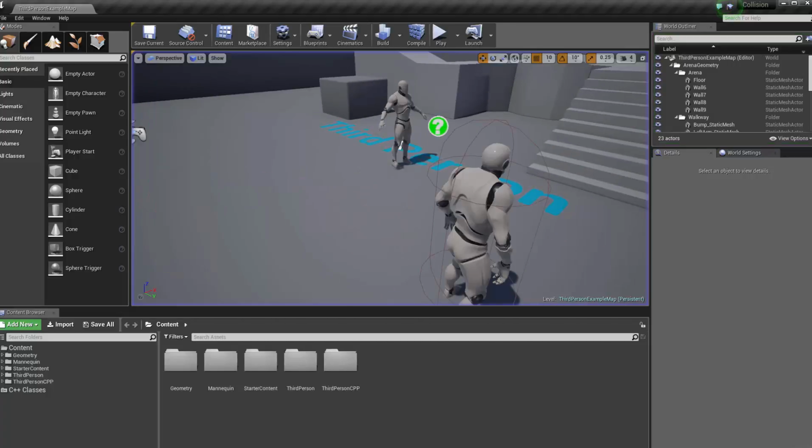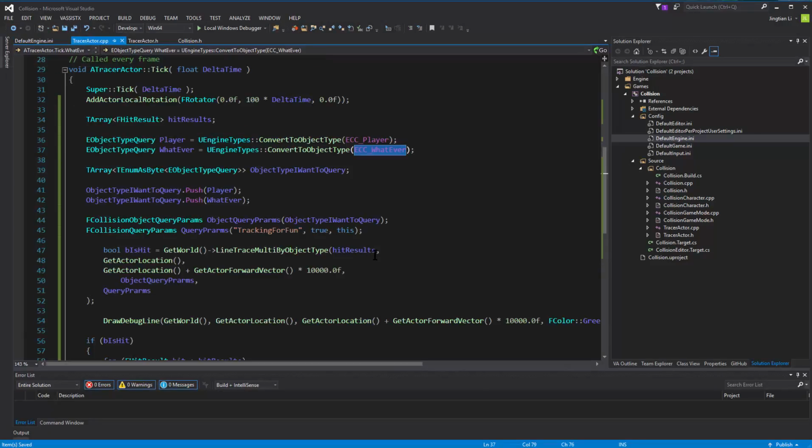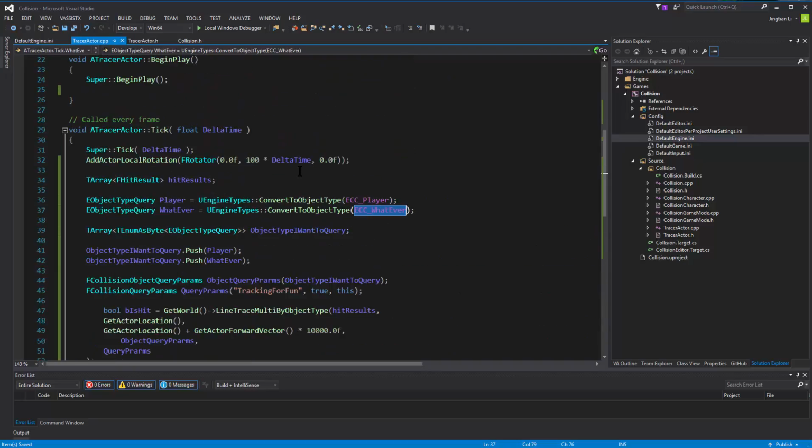So that's a little bit more detailed. Okay, now one more thing. When you're tracing something, you can actually trace another very important aspect of an object, which is called the